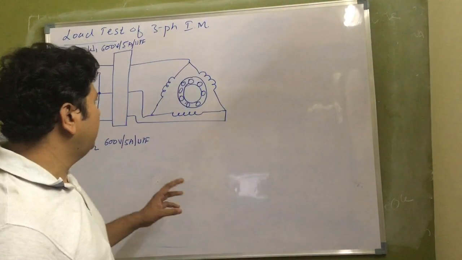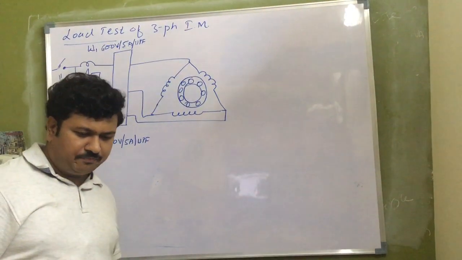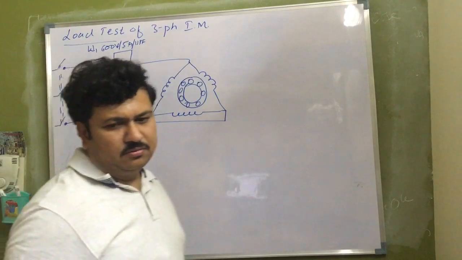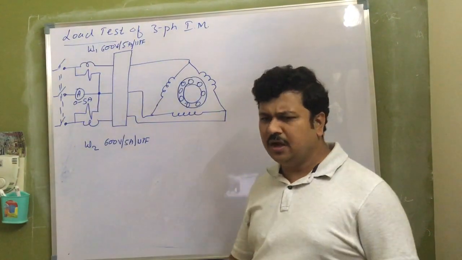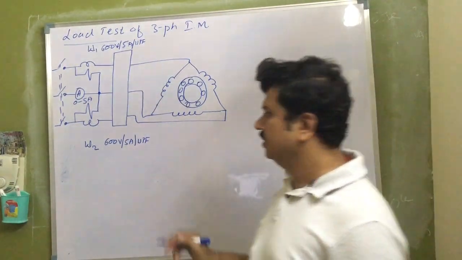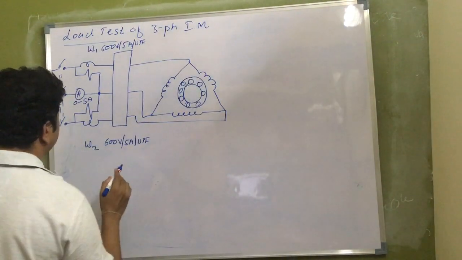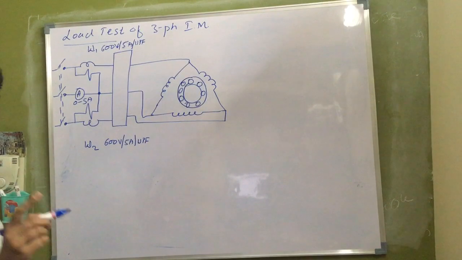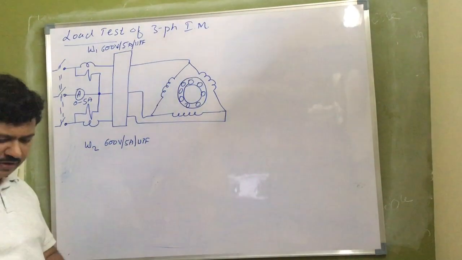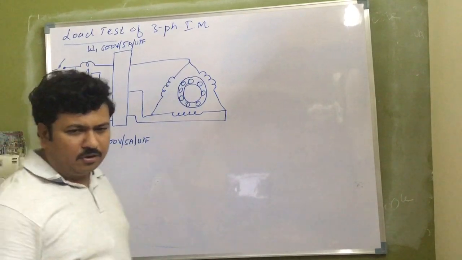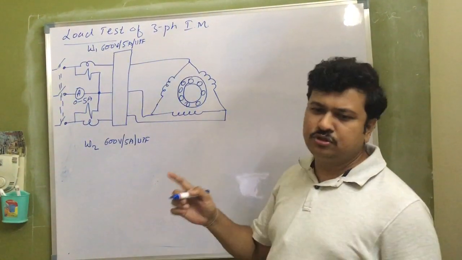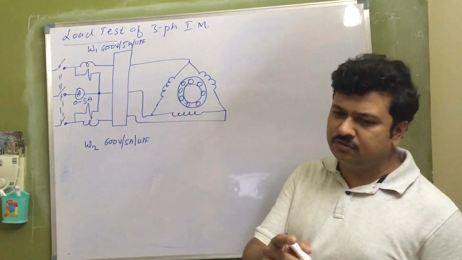But in my setup in the college, the wattmeters are mounted directly on the panel board, and this is the range of wattmeter we have chosen there. Always wattmeters must be denoted along with their voltage, current and power factor. There are two types of wattmeters, you know already, low power factor wattmeters and unity power factor wattmeters. For load test we use UPFs and for no load test we use LPFs.